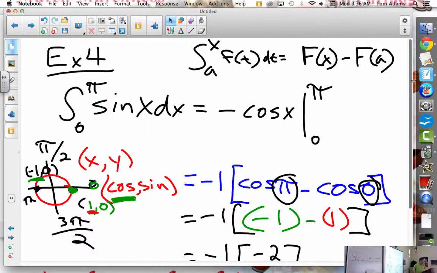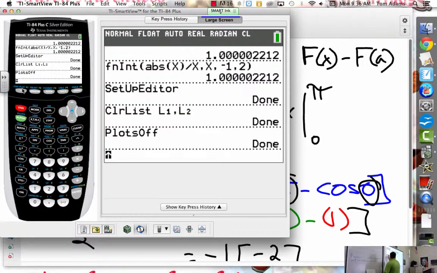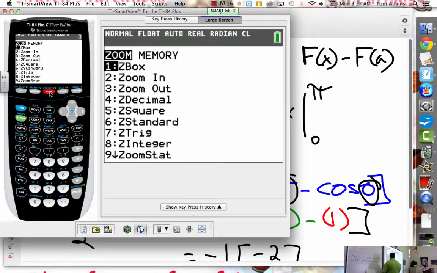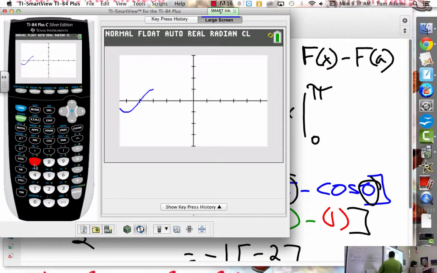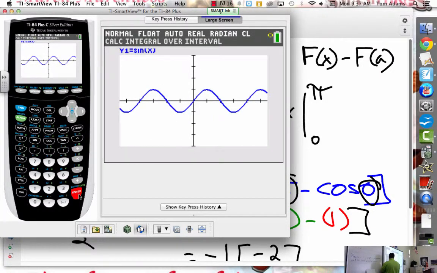Let's double check. I hope I'm right. I am, because I looked in the book. So let's see. I'm going to graph this function, and I'm going to hit clear, and I'm going to say sine of x, and I'm going to go to zoom trig, and there's my function of sine of x. And remember, all that fancy notation means that we're going to try to find the area under the curve from 0 to pi. Now I could do this on my calculator by hitting second trace, option number 7, lower limit of 0, upper limit of pi,